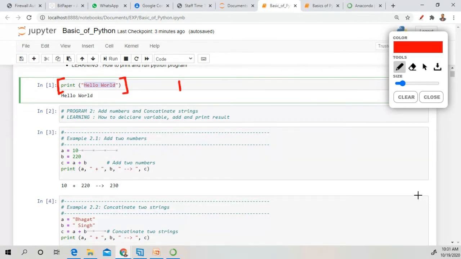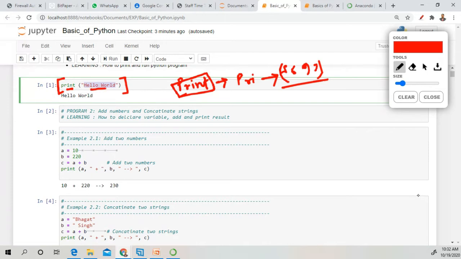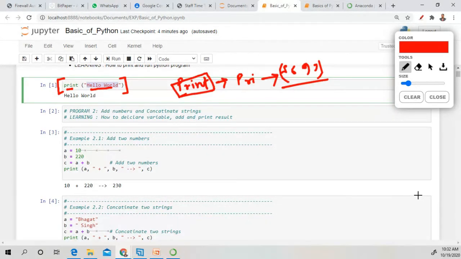So this print statement is used to print anything which is written inside the brackets. The syntax is the print keyword, then brackets and double inverted commas, and anything placed in between those is considered as output. Now, first we have to add numbers and concatenate strings, which means joining two strings.